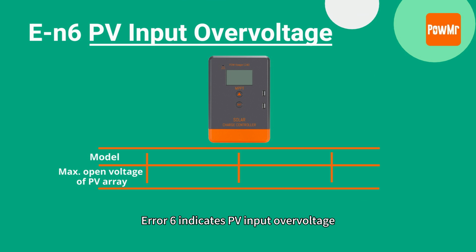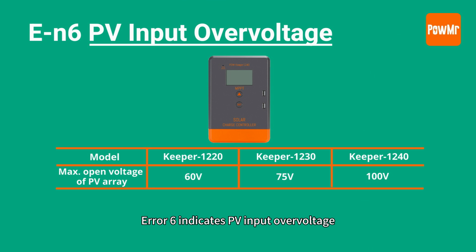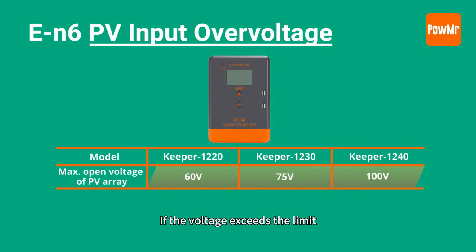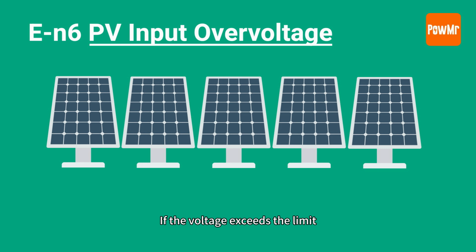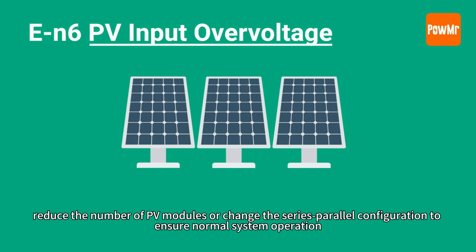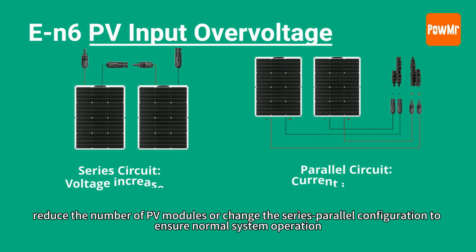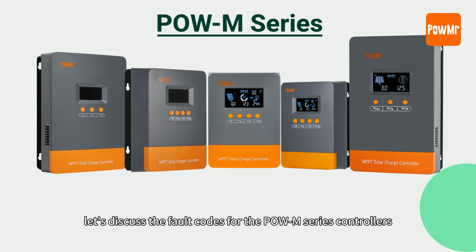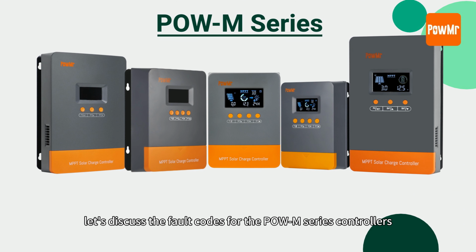Error 6 indicates PV input over voltage. Ensure the PV array's power configuration respects the controller's maximum PV array open circuit voltage. If the voltage exceeds the limit, reduce the number of PV modules or change the series-parallel configuration to ensure normal system operation. Next, let's discuss the fault codes for the POW-M